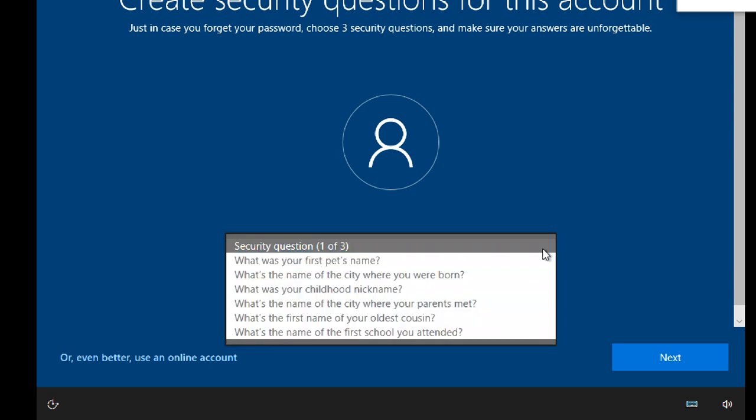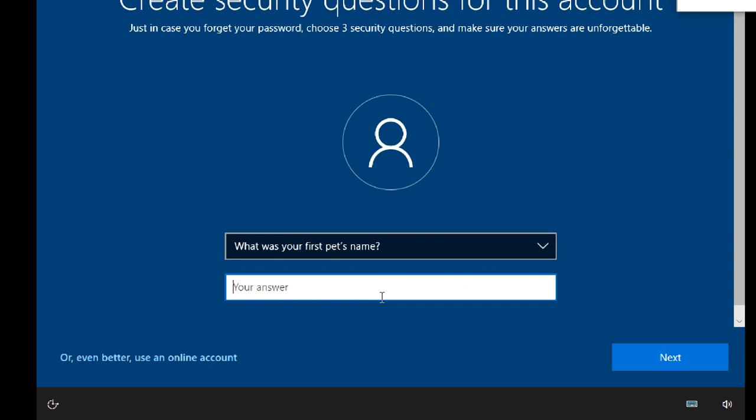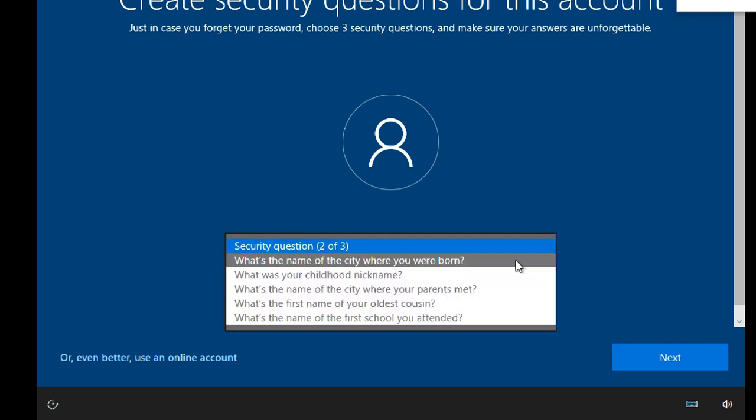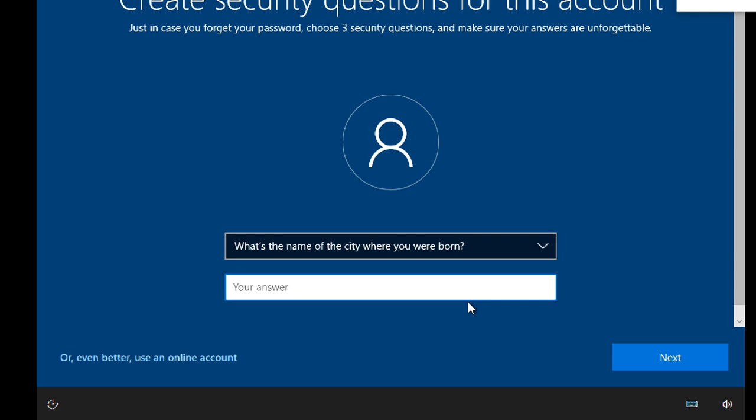It asks some security questions, so you have to give answers here. What is your pet's name, for example. I don't have any pets, but no problem because it's a temporary one. City you were born in? I was born in Vizag.